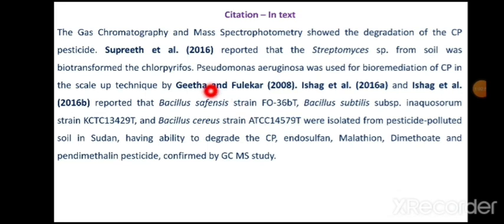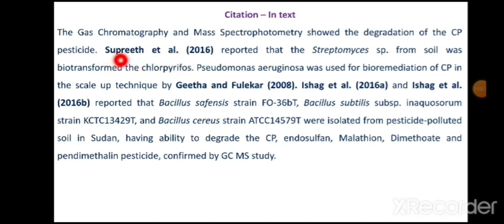Other way of writing that citation is, you can write the name of the author and then et al. means co-workers. You can see that there are papers in which there may be one author or two authors. If there are two authors, then you can write the name of both the authors, Geeta and Fulekar. If there are more than two authors, then you can use this word which is called as et al. means co-workers.